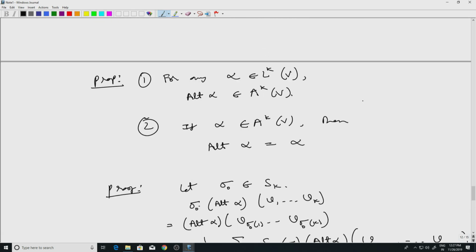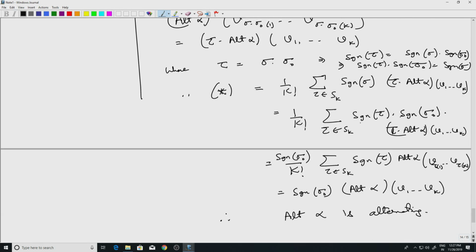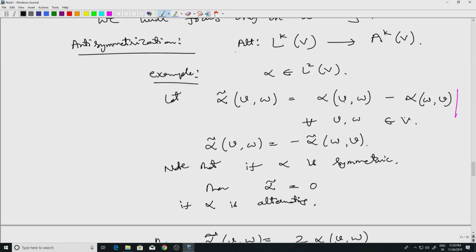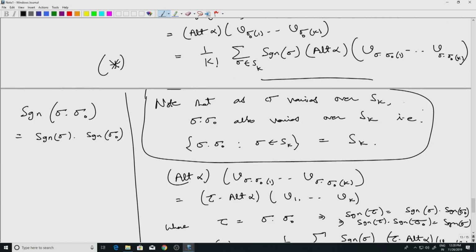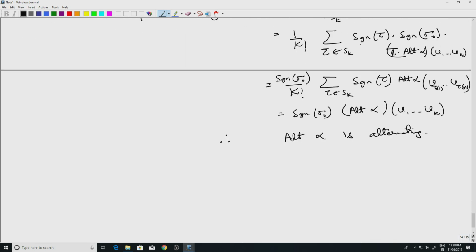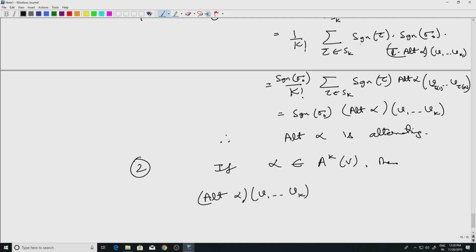Now if alpha is already alternating, one would like to check that I end up with whatever I started with, and that is clear as well. Simply because, if alpha is already in AkV, then alt alpha acting on V1 up to Vk is 1 over k factorial sum over sigma in Sk of sign sigma alpha V sigma 1 up to V sigma k,